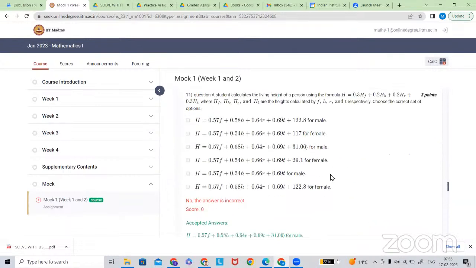Similarly, in the 11th question, I got the tibia bone and all, but how do I calculate the constants? I'm not getting that one. I'm having doubt in question 11. If you substitute, here is the formula, it is given: height is of course